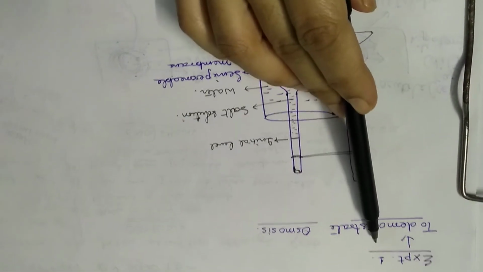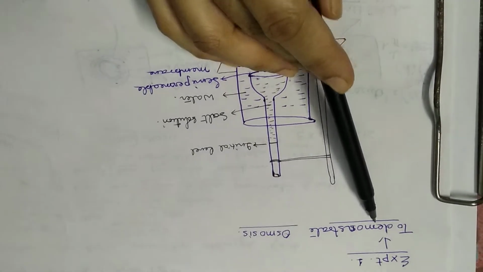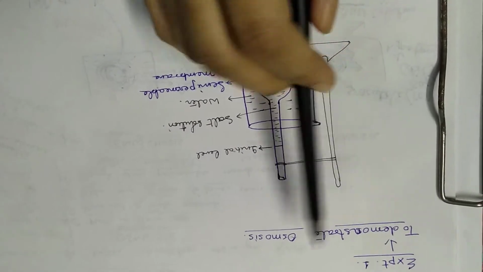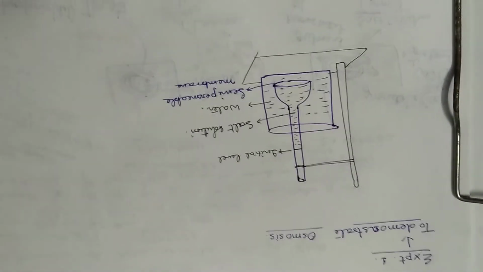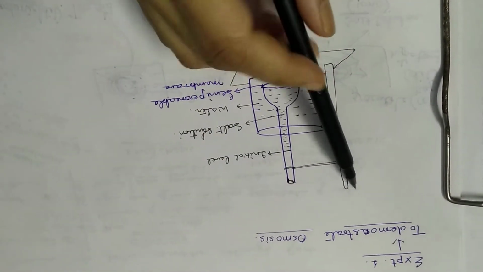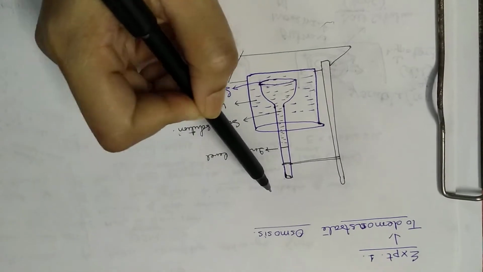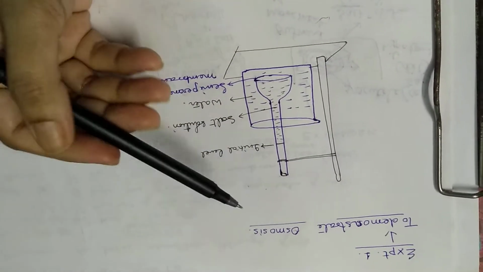Students, we have done in the previous video about osmosis and different types of osmosis. So in this video we will see how we can demonstrate this osmosis process in the form of an experiment. This is most of the time done in the lab of our school, and we can also do that. The students who are watching the video, I think they have also done this, or they will be doing this in the lab.